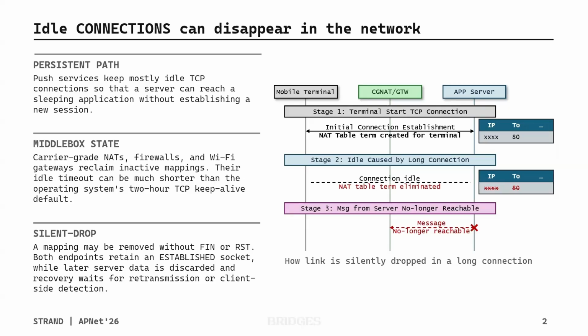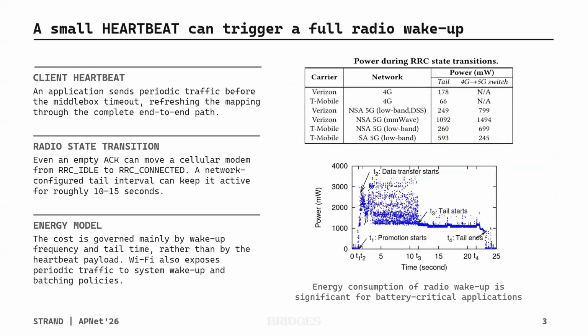This requirement is therefore not just the socket at each endpoint. The middlebox mapping must remain present. Every middlebox must retain its state. The mismatch persists because the endpoint lifetimes exceed gateway resource policies. The response to this silent drop phenomenon is the client-driven heartbeat. Its interval stays below the expected middlebox timeout, the lowest timeout throughout the whole chain. So each heartbeat crosses the path and refreshes the mapping.